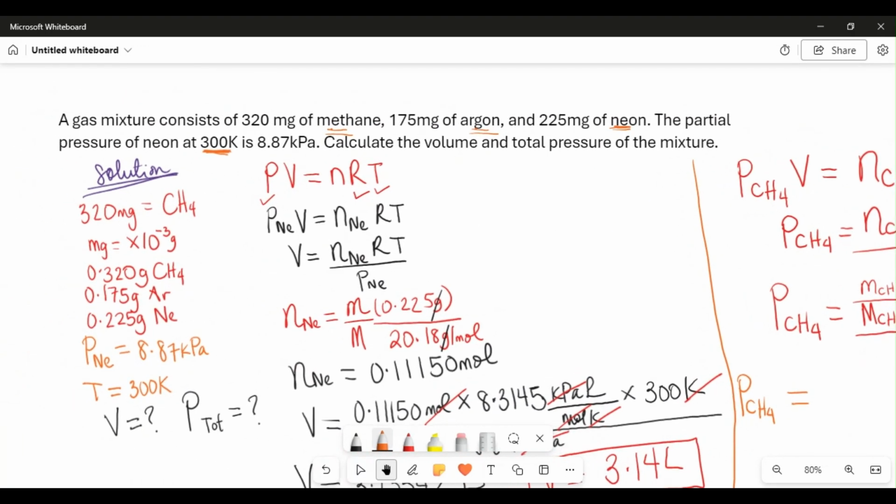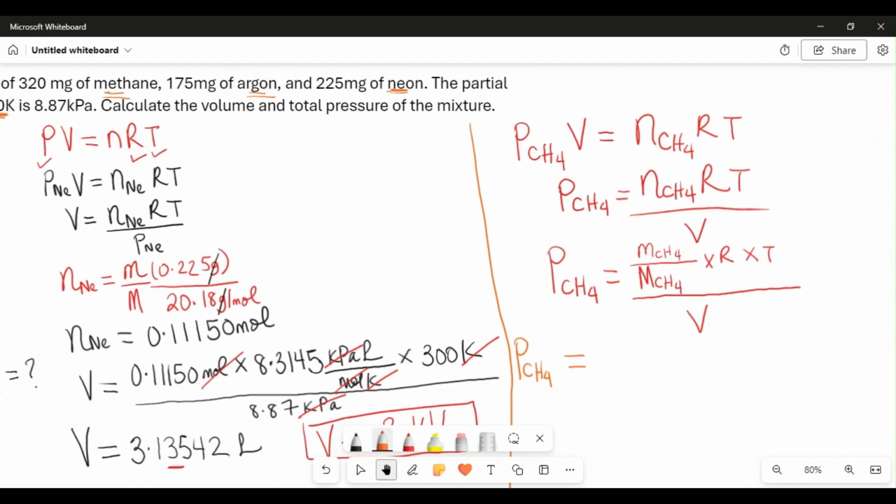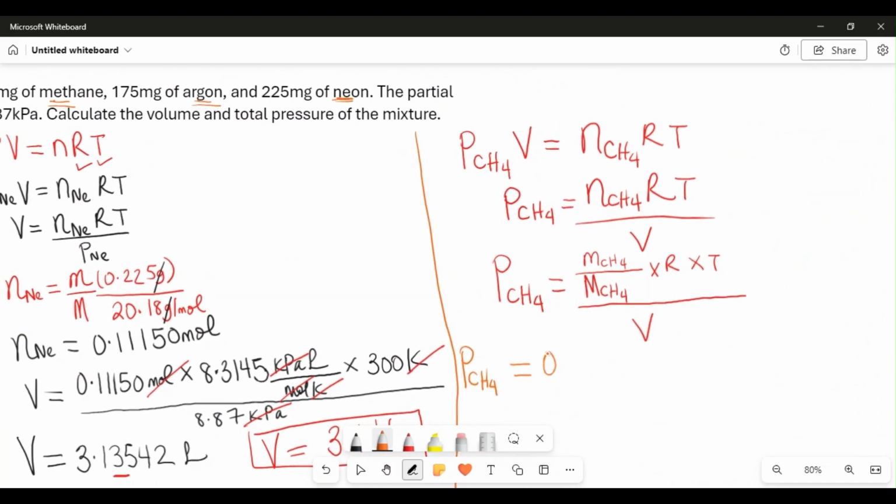We've been given the mass to be 0.320 grams. So that would be 0.320 grams divided by the molar mass of methane. You can Google what that is online. The molar mass of CH4, which is methane, is 16.04 grams per mole, times R, which is simply